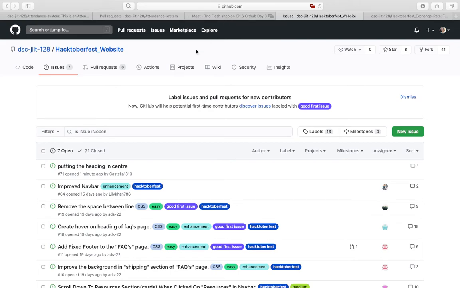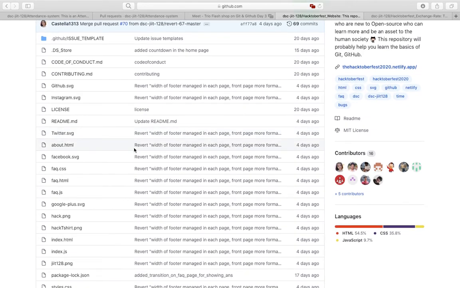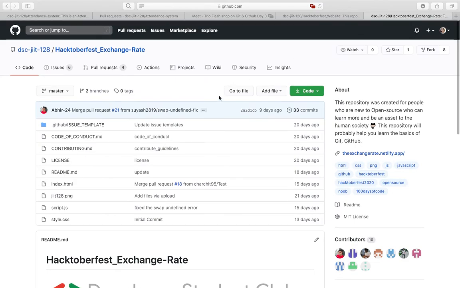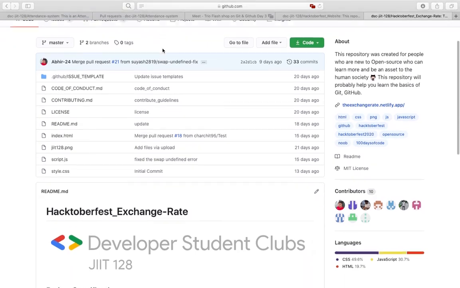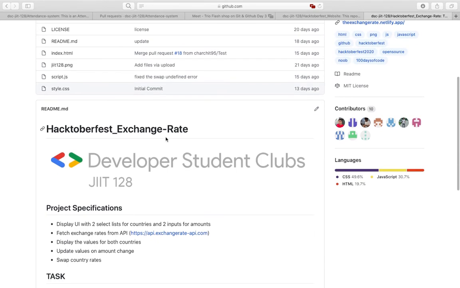So this is our Hacktoberfest website, which you can check out if you are comfortable with HTML, CSS, and JavaScript. Now we have another repository that we have created, Hacktoberfest exchange rate. This basically converts units from one unit to another, for example, from dollar to rupees. You can see the languages being used here: CSS, HTML, and JavaScript.